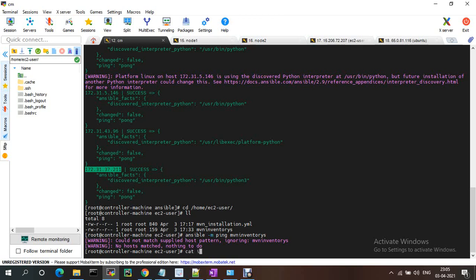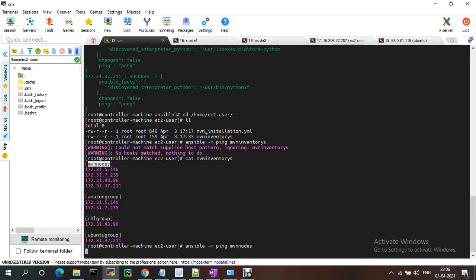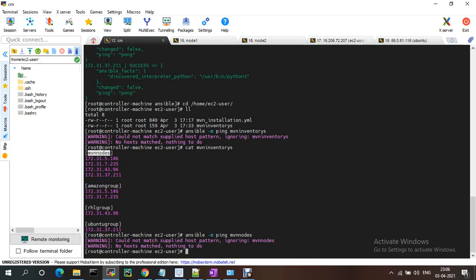Cat the Maven inventory. Maven nodes. MVN nodes. -i.